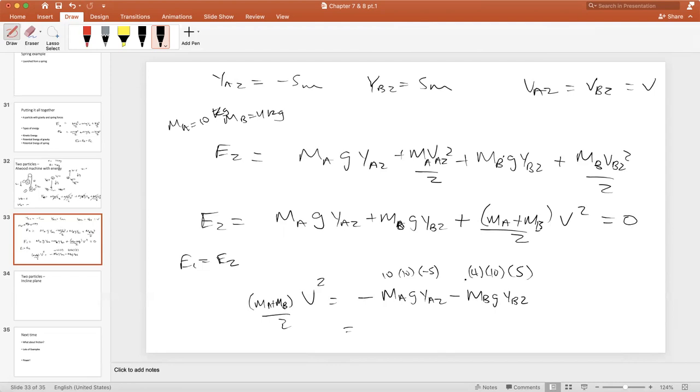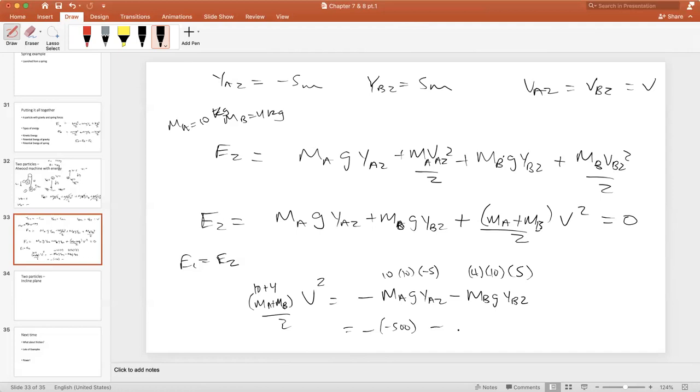So let's just solve this for a number real fast. This is 10 plus 4, so this is 14 divided by 2, so it's 7. Divide by 7 on both sides. So this is negative 100 times negative 5, so it's a negative 500